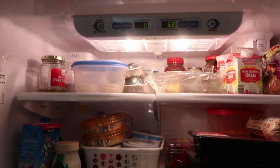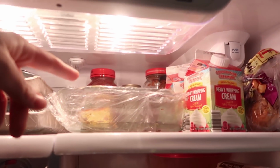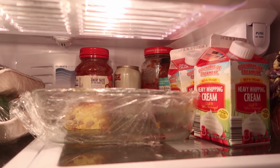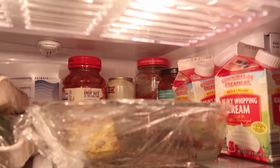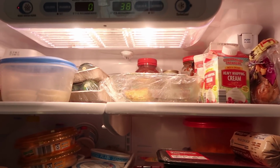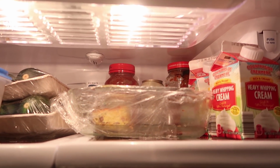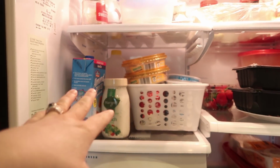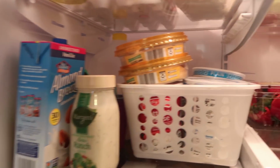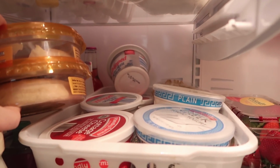And so basically the way we have this divided, the top shelf we have eggs, opened things like marinara and whipping cream, pizza sauce, jelly are all back there, and then just some random produce, and these are called fat bombs, and my egg omelet casserole thing that I made that I heat throughout the week. And then this shelf is milk products and any kind of yogurts, cottage cheese, hummus, dips, guacamole